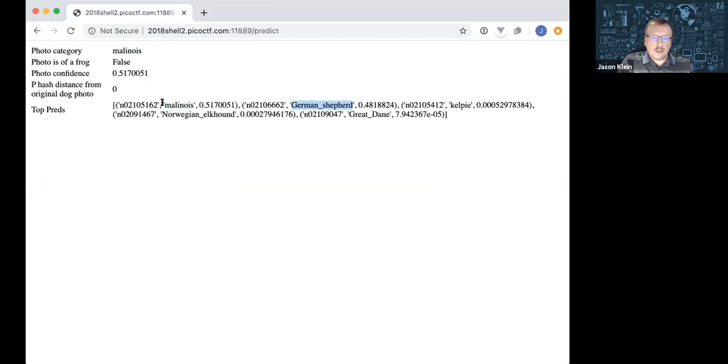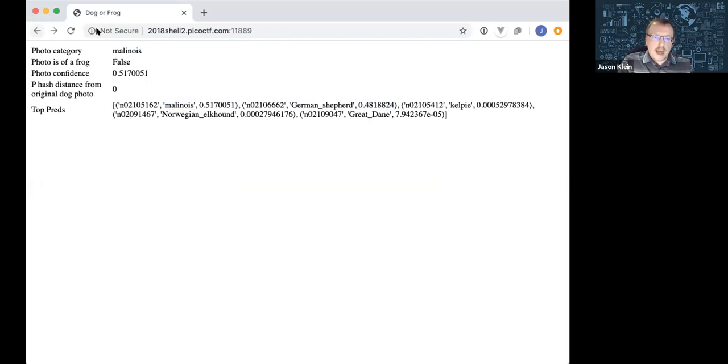So if you haven't seen prediction outputs like this, we're basically looking, assuming you can see my highlighting, at the tag name and then a percentage of confidence. So it's 0.51 or 51% confident that it's that type of dog, or 0.48 confident that it's this type of dog, a German Shepherd.